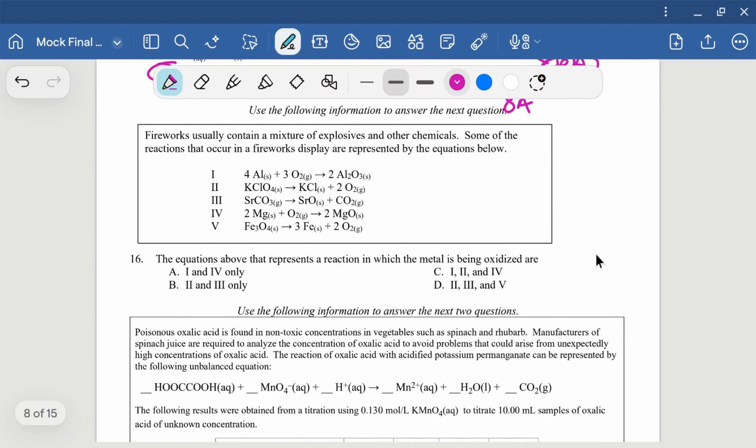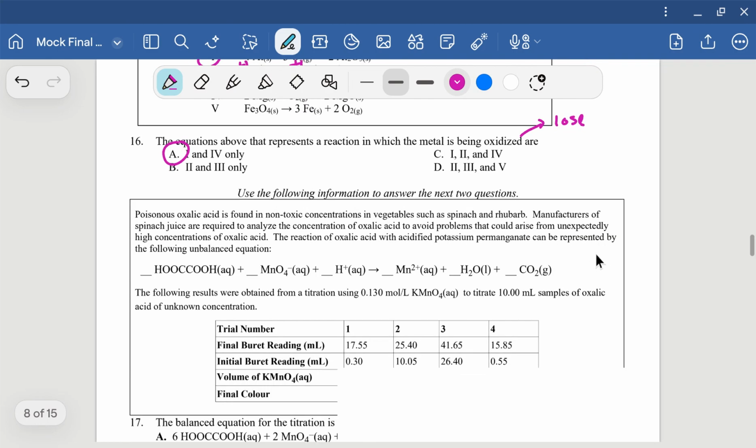The next one, asking about which metals are being oxidized, just assign some oxidation numbers and take a look. So for instance, if you're undergoing oxidation, you are losing electrons. So if you are losing, like this first one, aluminum is 0. On the right hand side, it's +3. So here is one that we're losing. In the second one, potassium is going to be +1, and on the right hand side, it's also +1, so nothing's happening. So just keep going and assign those numbers, and you should see your answer is A,